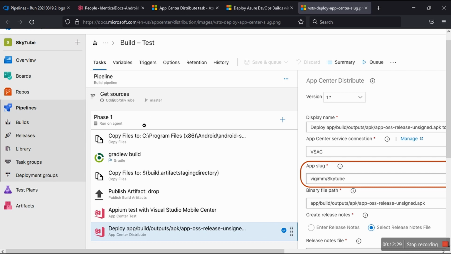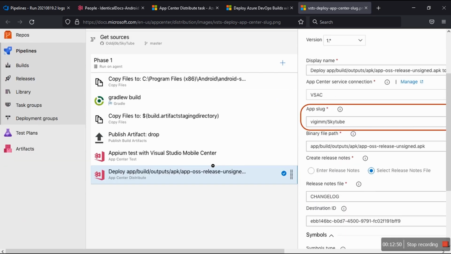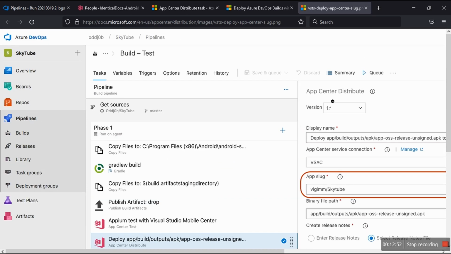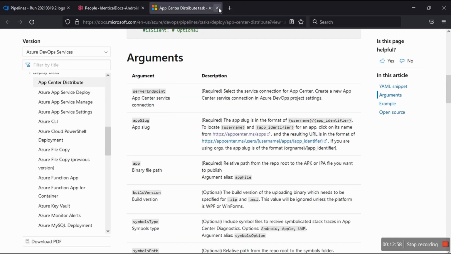Because this is the pipeline, right? You get the sources from GitHub, from master branch, phase 1. You copy, they do the Gradle build, copy files, drop, test. They do not sign it. I don't know if I'm making sense. They did not sign it. This is interesting. Although this image is old, it was for sample purposes, but they did not sign it. Nevertheless,